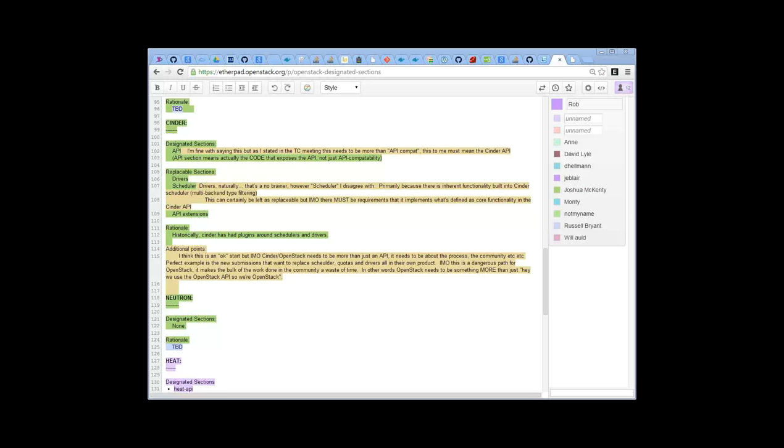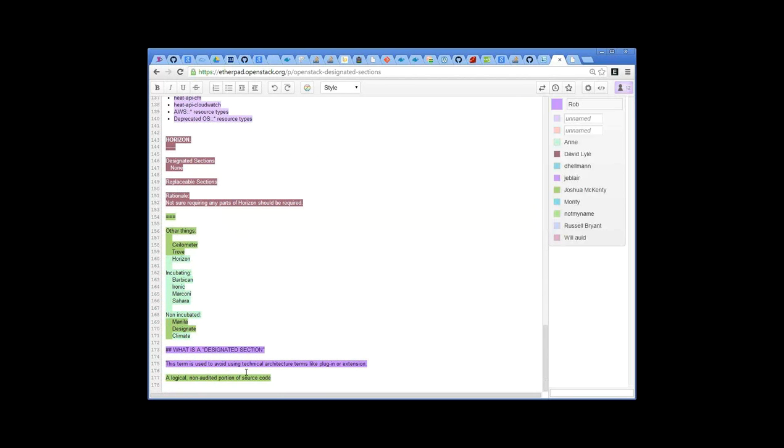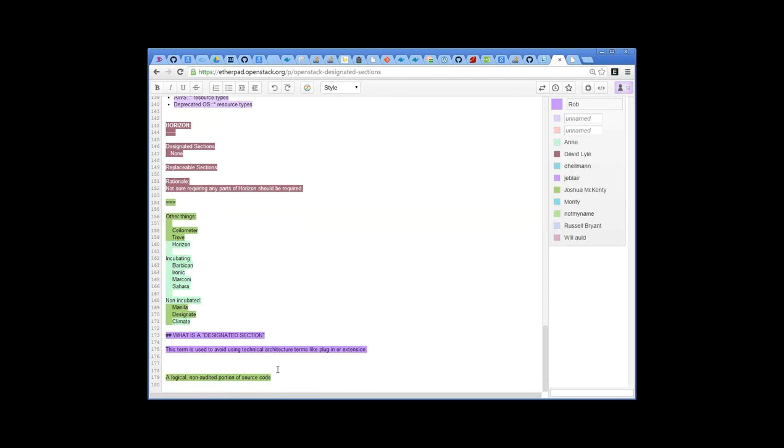There are folks who would like to see all of the code as a designated section and have a much more GPL-like experience, and there are folks who have argued that none of the code should be designated, and what's important is API compatibility. And the designated section concept that the board voted on was what we could get as a reasonable compromise to say some of this clearly should be common, and it would be best for OpenStack if the community all contributed to that common code base.